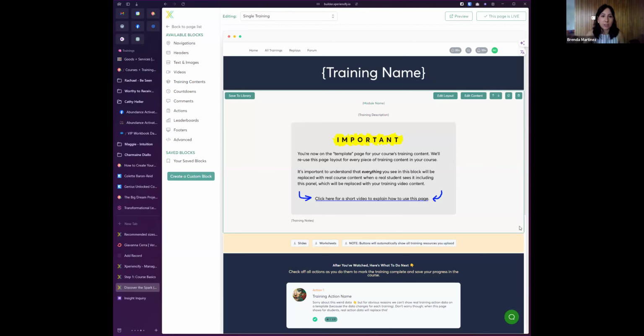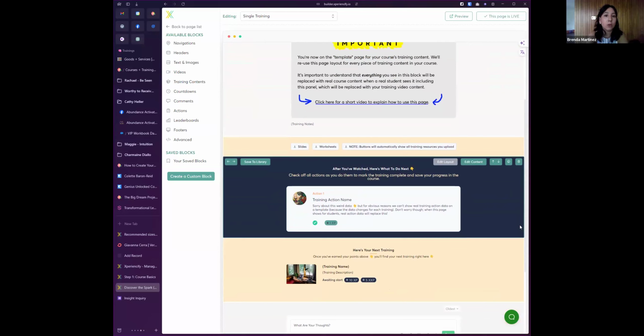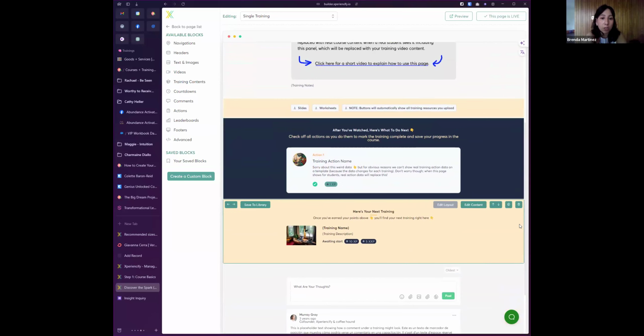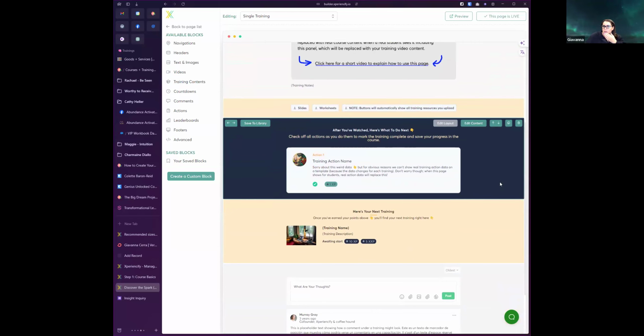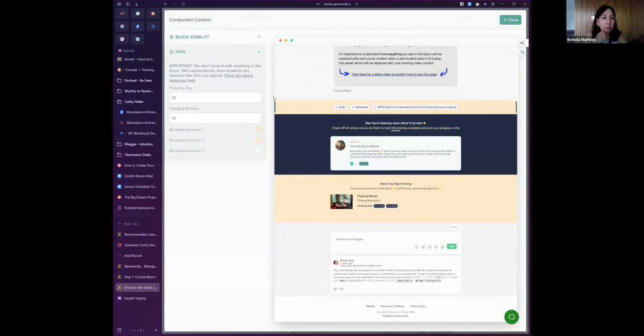And that's where you start uploading all the content. And this is where your video will appear. It will be replaced automatically. And below that, you have 3 buttons to download files. So maybe that's what you want to customize as well. The links for what they are going to download, you have to edit them here in the custom builder. I don't know if you know how to do that. Oh, I haven't played with that yet. Okay, so if you go to the block that says slides, worksheets, and you go to edit content,